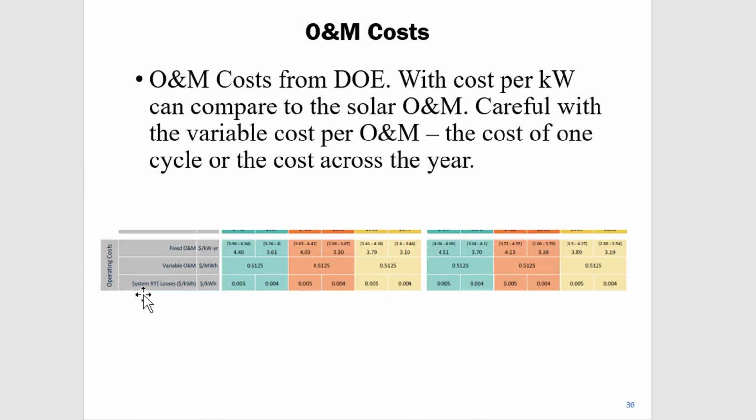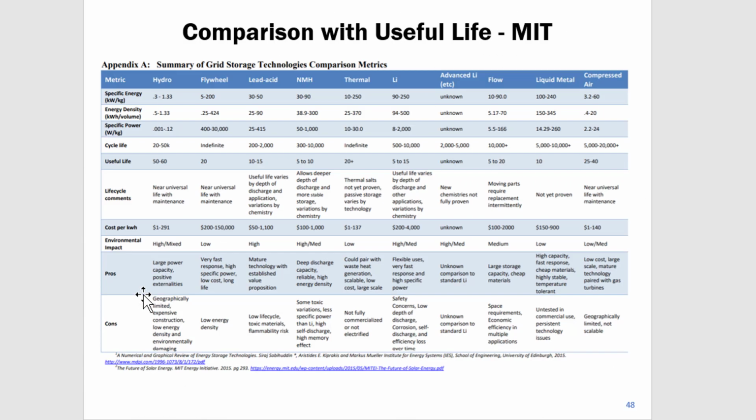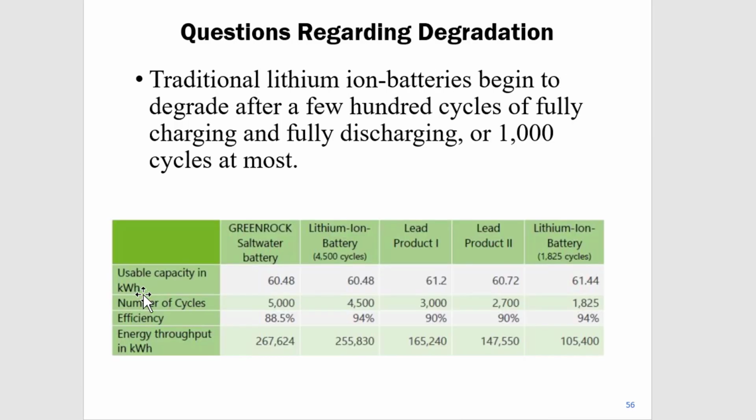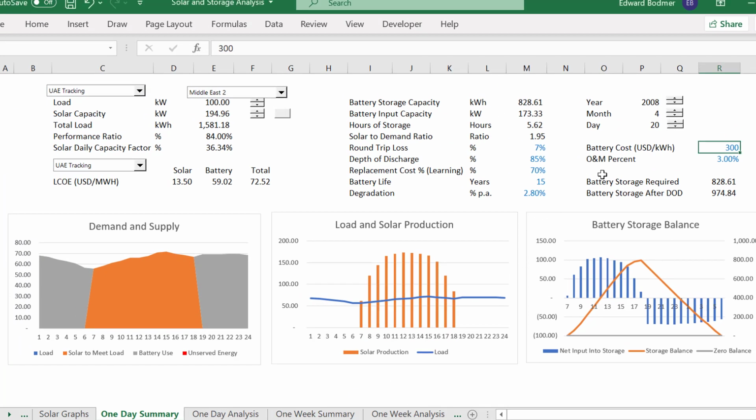You get uncertainty about the life, the O&M costs, the depth of discharge, and all of that. And maybe, okay, all models are wrong, just some are useful. Okay, if we make the O&M cost 2, we can see this. And what we're seeing now is what the total cost is.